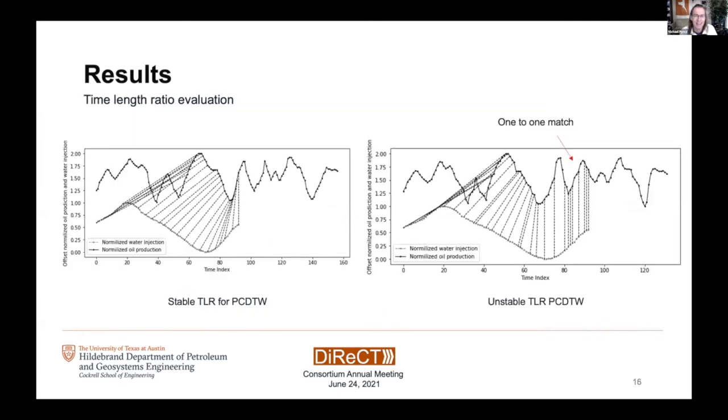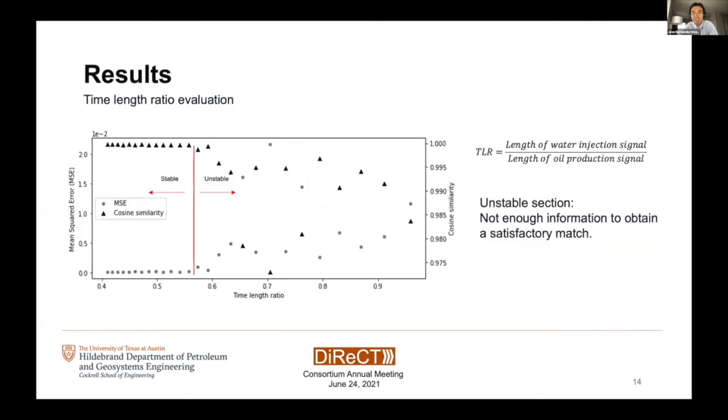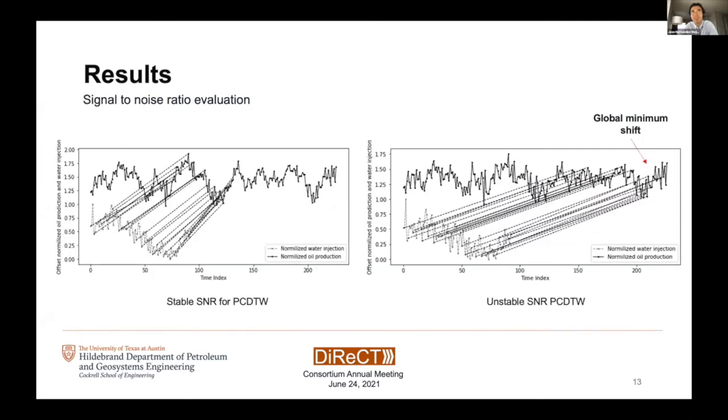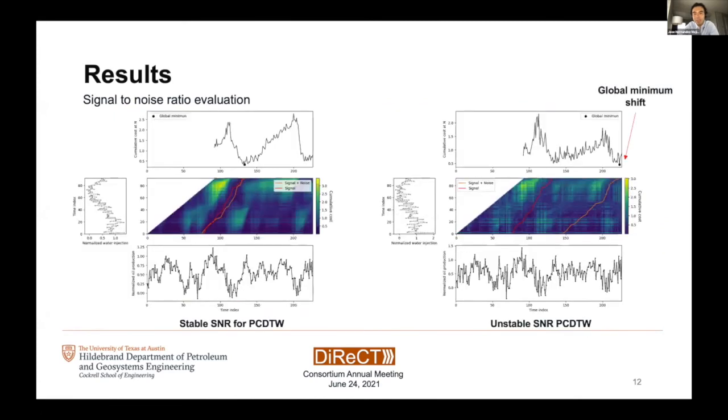I think I do. So this is a warping path right here. Basically a warping path, it's like we're going to warp our time series. So we're going to match two time series that are different in time and length. So basically what this warping is doing is to find a subsequence inside of the